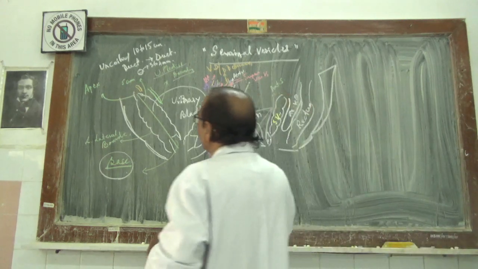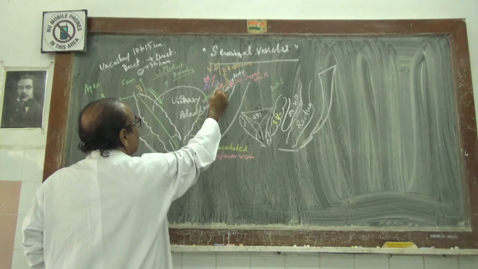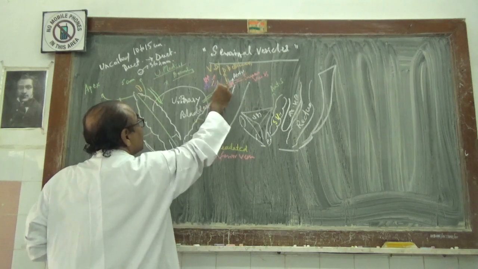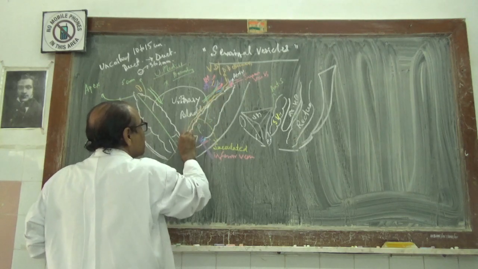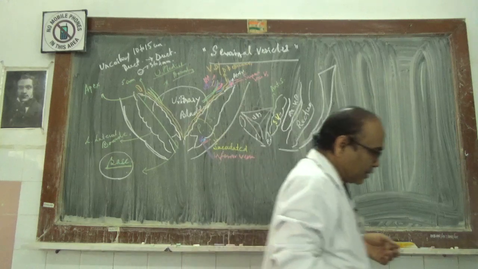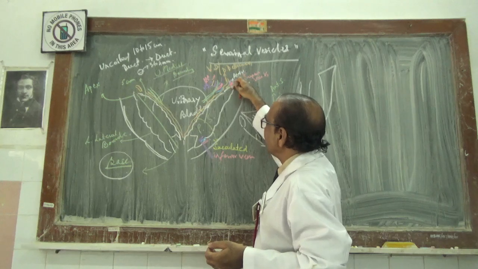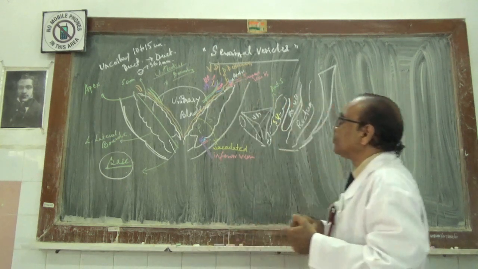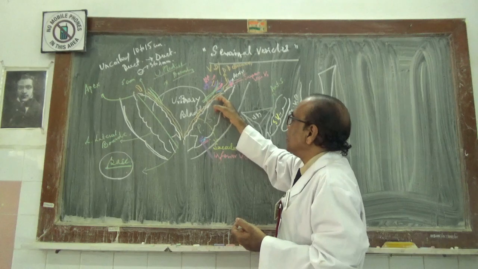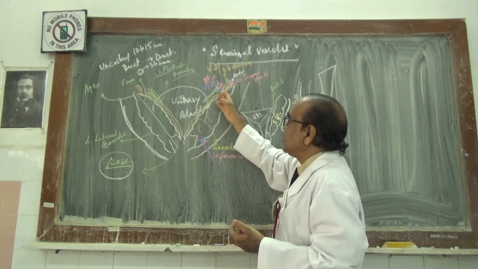Now this is related to the ductus deferens on either side, and also at the apex, it is related to the entry of the pelvic part of the ureter, and the related vessels,